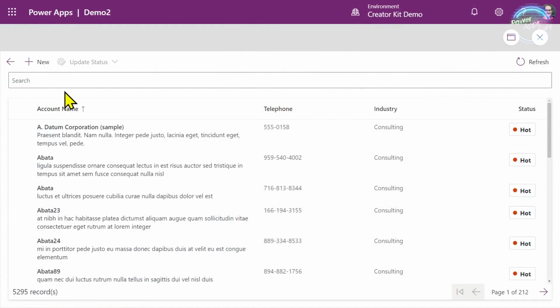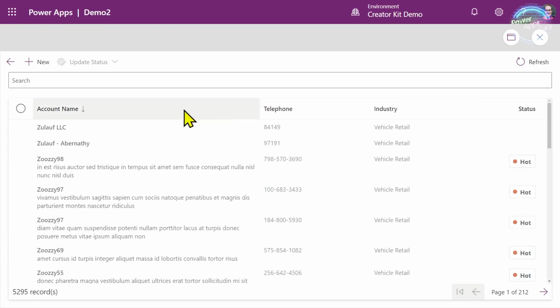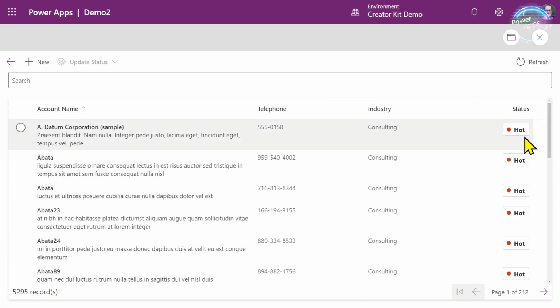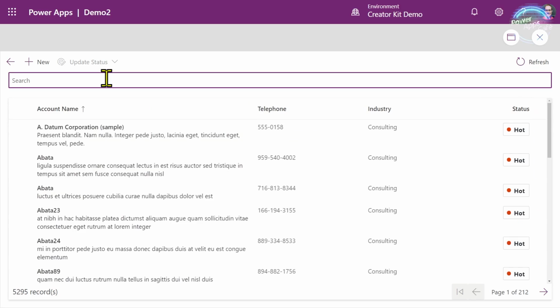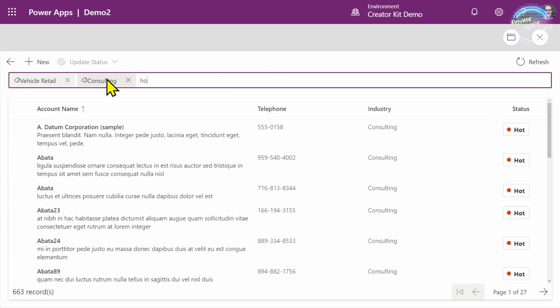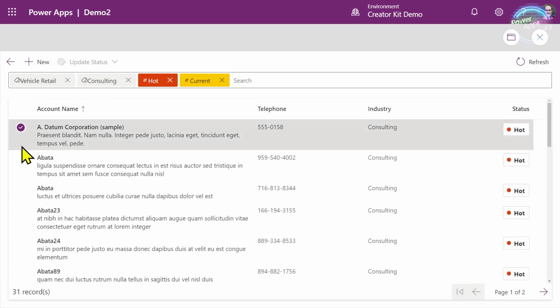So far in this series, we've been looking at building an app that looks similar to this, where we've got a grid using the Fluent details list from the Creator Kit, and the columns you can sort and resize, and we've got some interesting status formatting. We've also got the ability to filter on different industry types, so you can add multiple filters by industry type. We can also filter by status as well, so it gives us the ability to make more complicated filters than just selecting a single status.